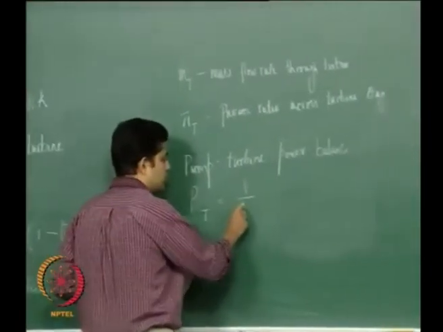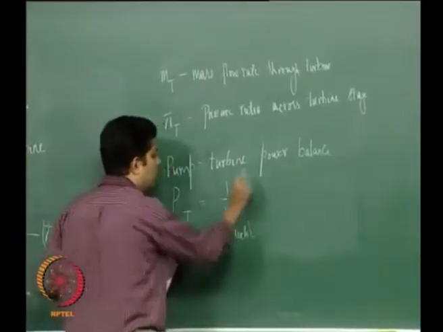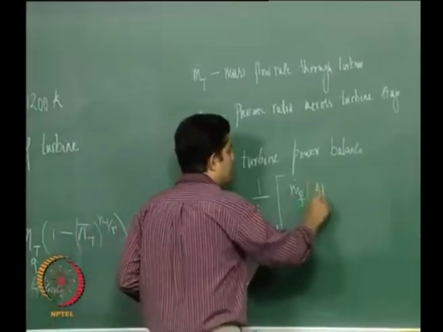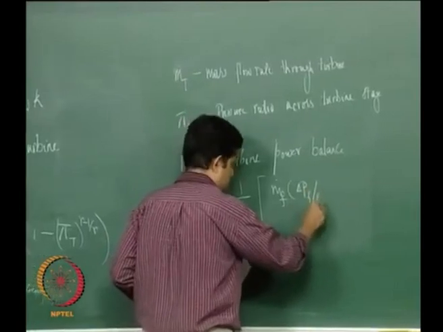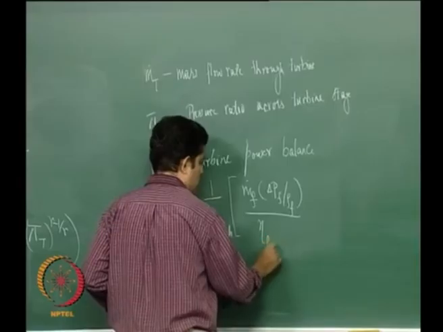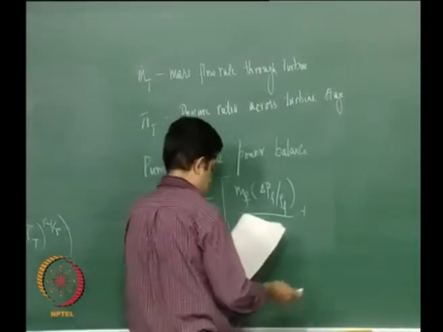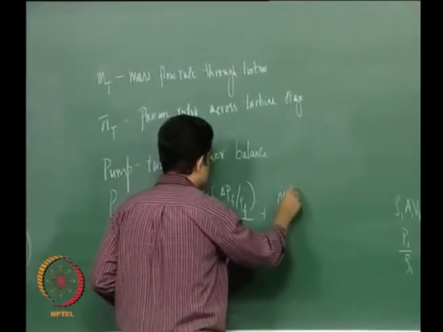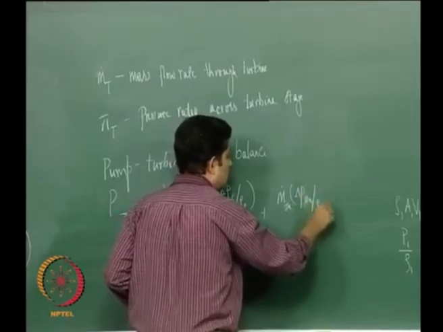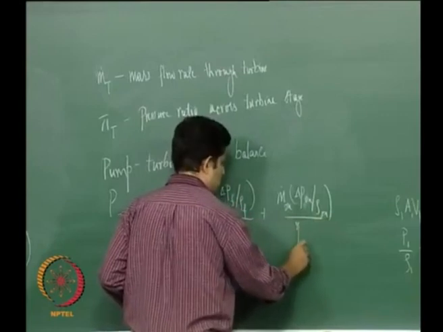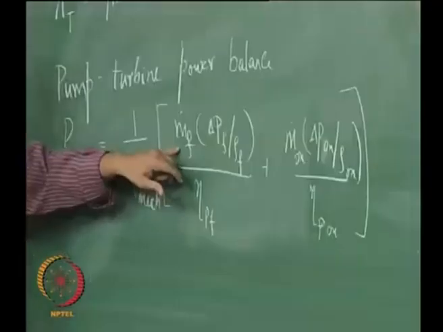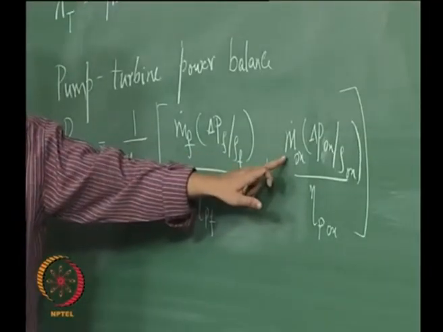So eta mechanical into m dot f. Okay. This is the mass flow rate of fuel, this is the mass flow rate of oxidizer, and